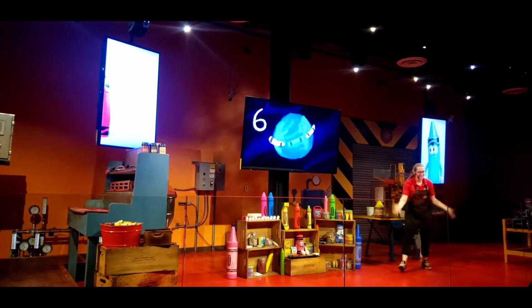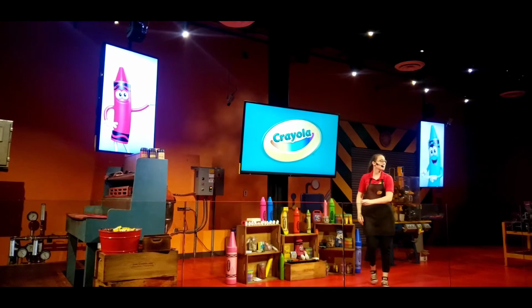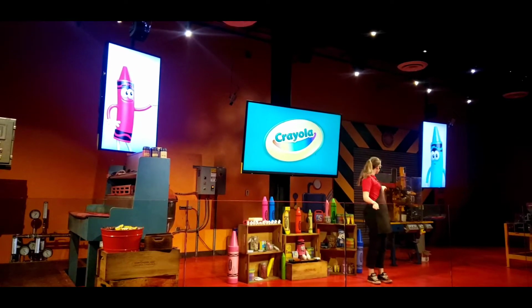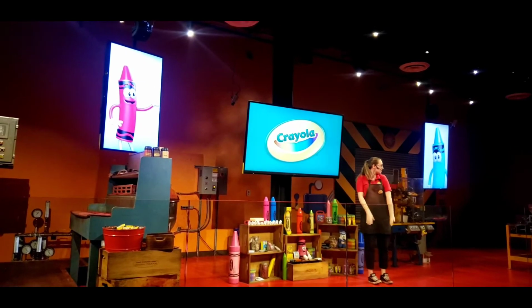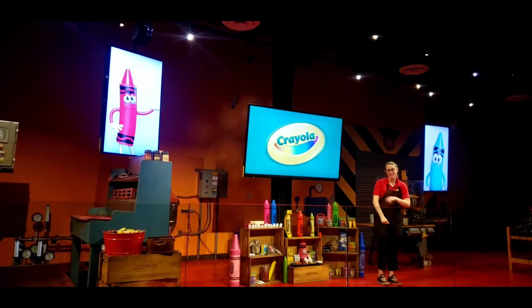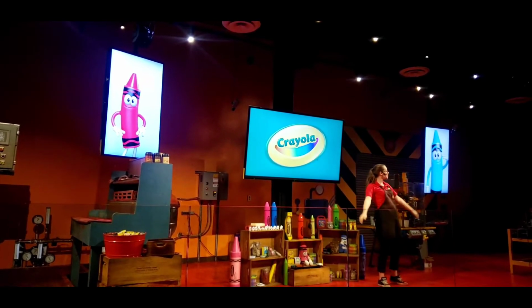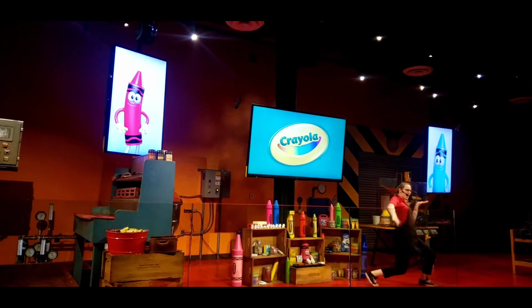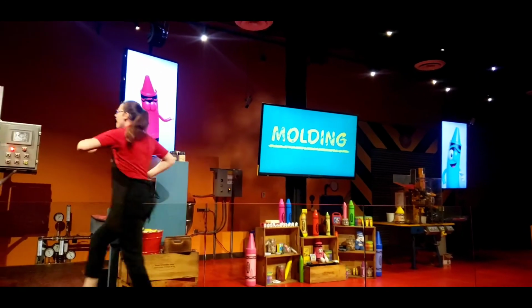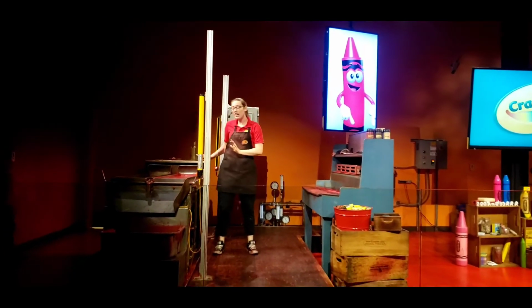And we're gonna make some of those crayons right here using these machines. This type of equipment dates all the way back to the early 1900s, and Crayola still uses some of these machines in their factory today. Scarlet, Turk, and I are excited to show you guys all the things we do to make sure your crayons are safe, strong, and super special. So you guys ready to make some crayons? Yeah! Alright, so let's get started over here at the flatbed molding table,